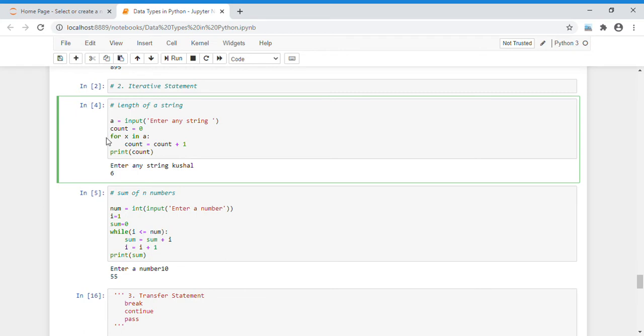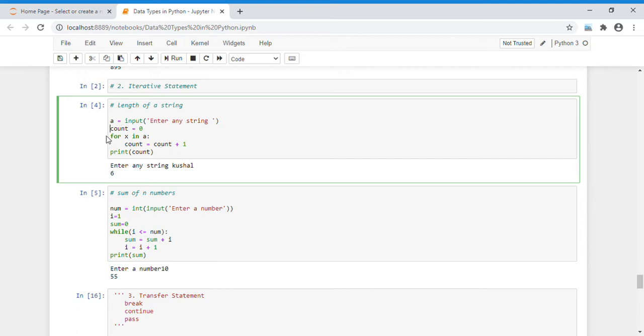Now again it goes back and for x in Kushal, first it went to k, now it goes to u, then again it goes here to count. The value of count is 1 already, so count is equal to 1 plus 1, that is 2. Now the value of count is 2.